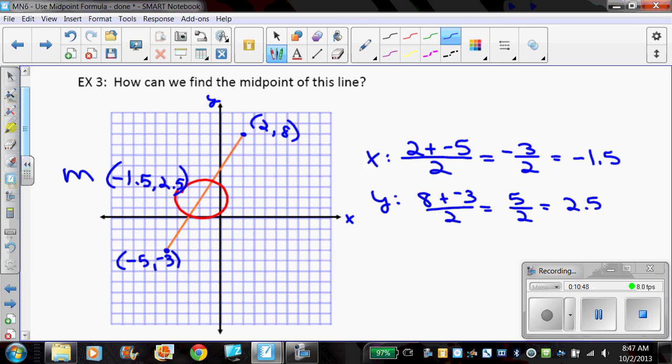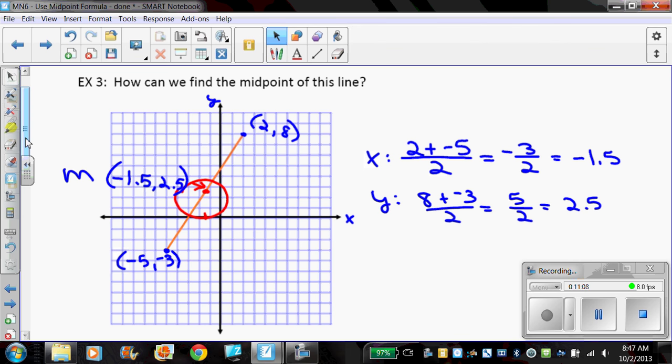That's my y-coordinate now. Now let's check to see if it actually makes sense. I'm going to use my red pen here. Negative 1.5 is about right here. I'm going to go up to 1, 2.5, and that puts me right here. That is your midpoint. So the midpoint is just the middle point or the average of your x and y